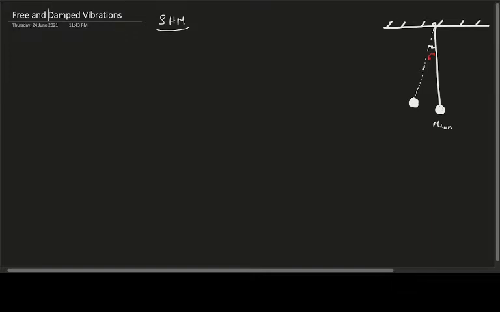Okay, so first let's get clear with what is free vibration and then what is damped vibration. When you have a pendulum, like the one I've drawn over here, and you displace the bob slightly from its mean position, let's say by an angle of about 4 to 6 degrees, less than 6 degrees to be precise, and you let the bob go, it will execute a to and fro motion.